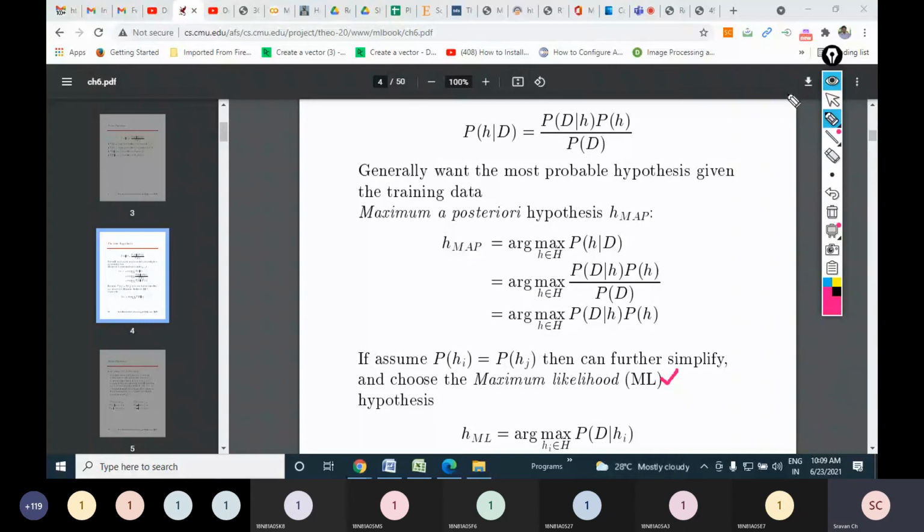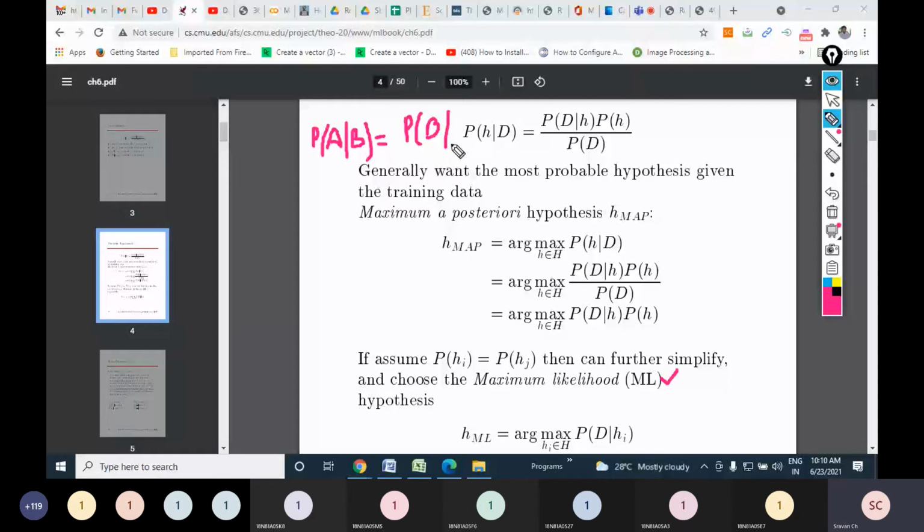Now I will apply the normal Bayes theorem. This is P of H given D equals P of D given H into P of H divided by P of D. So here, friends, it is very much similar to P of A given B, our first lab exercise which we have done on Friday, where the student was absent, if you recollect that. So P of A given B is P of B given A into P of A